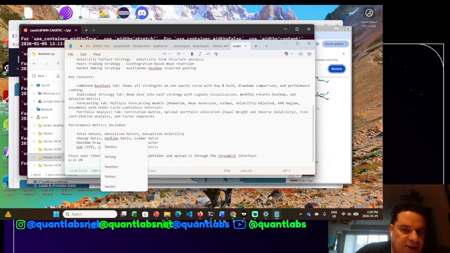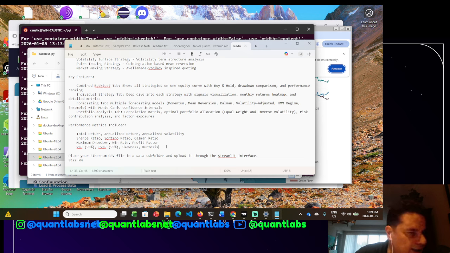All right. So you see here, we got the usual, and this is from portfolio analysis. I think of anything you can look at when you look at all these different analysis and all these different products or assets, you really have to understand portfolio management and metrics. So you're looking at the total return, the Sharpe ratio, Sortino, maximum drawdown is important, win ratio is important, the profit factor I've also just mentioned. And then here we have our value at risk, conditional value at risk, the skewness, and the kurtosis. This can only be seen from the options.